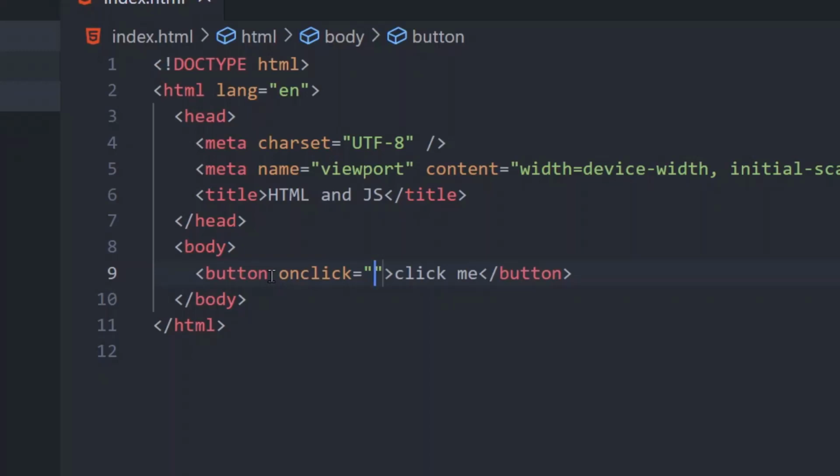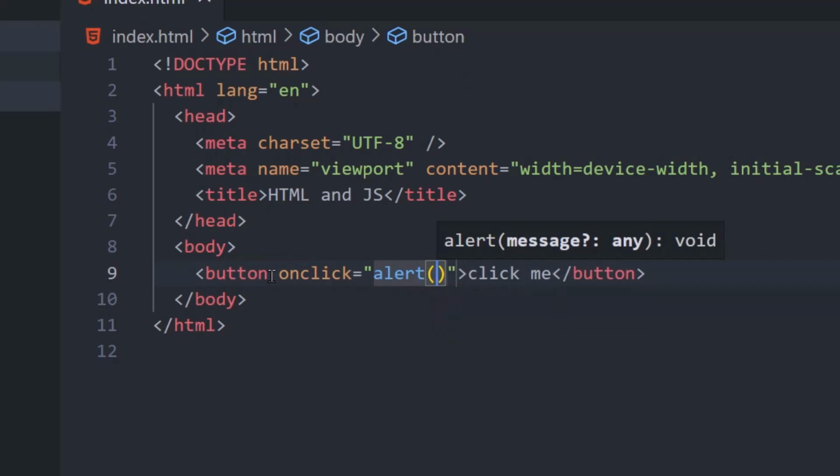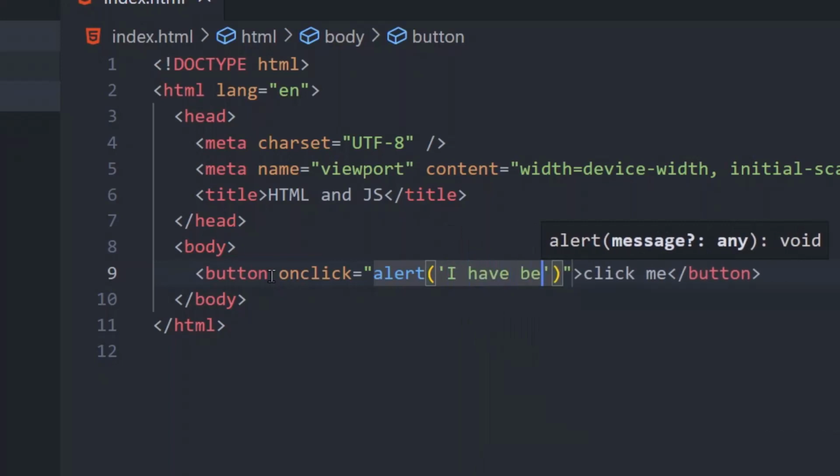So at the moment, what I want to do is that when the button is clicked, I want to send an alert, or there should be a pop-up which says I have been clicked. So this is how we do it. You type the alert, bring a bracket, and inside the bracket I'll bring a quote, and then I'll type I have been